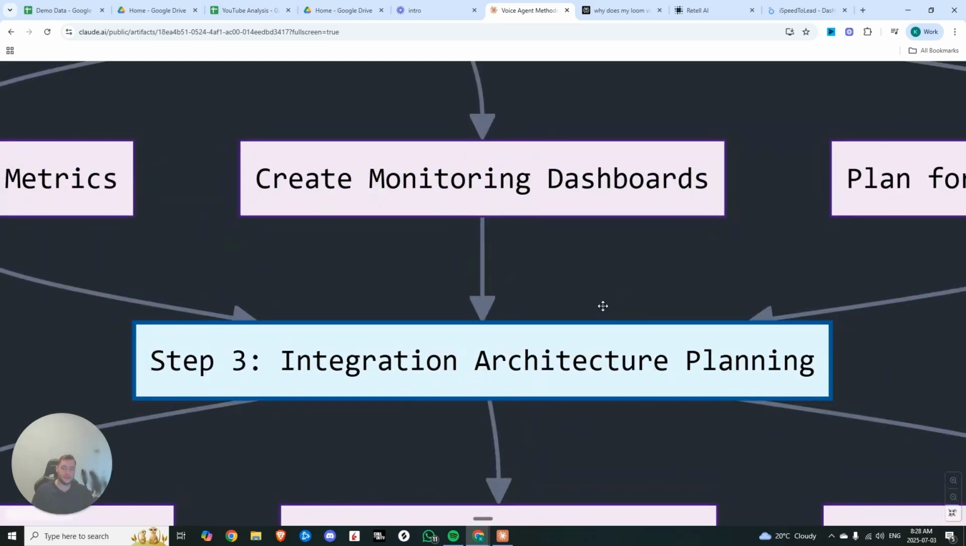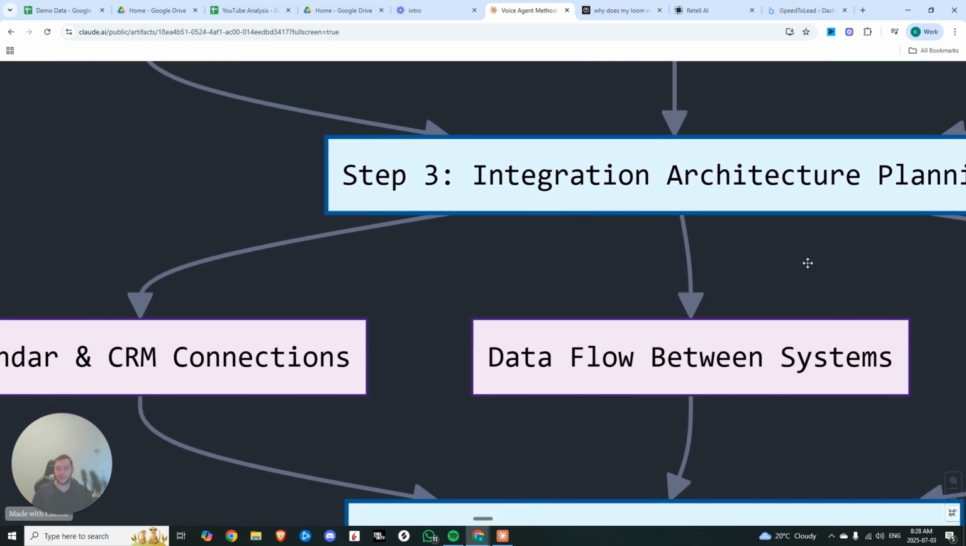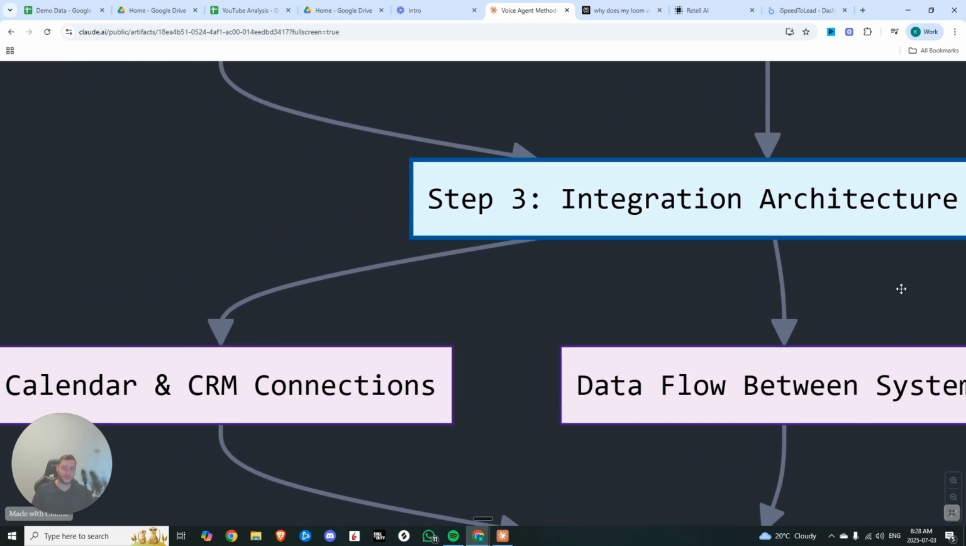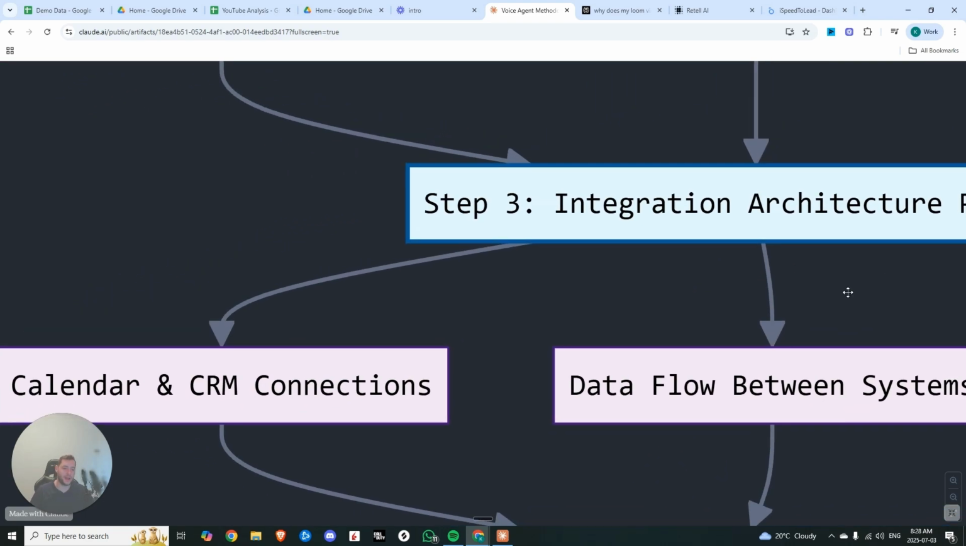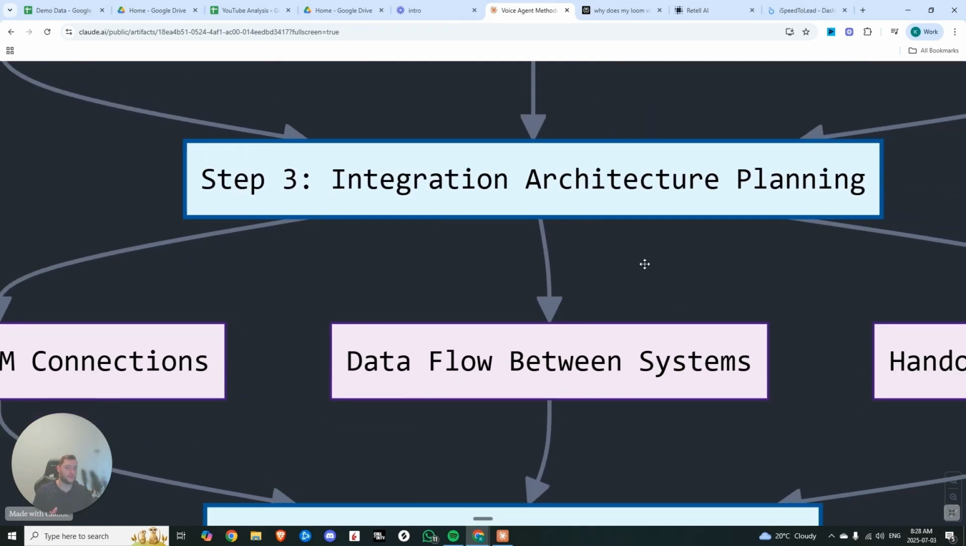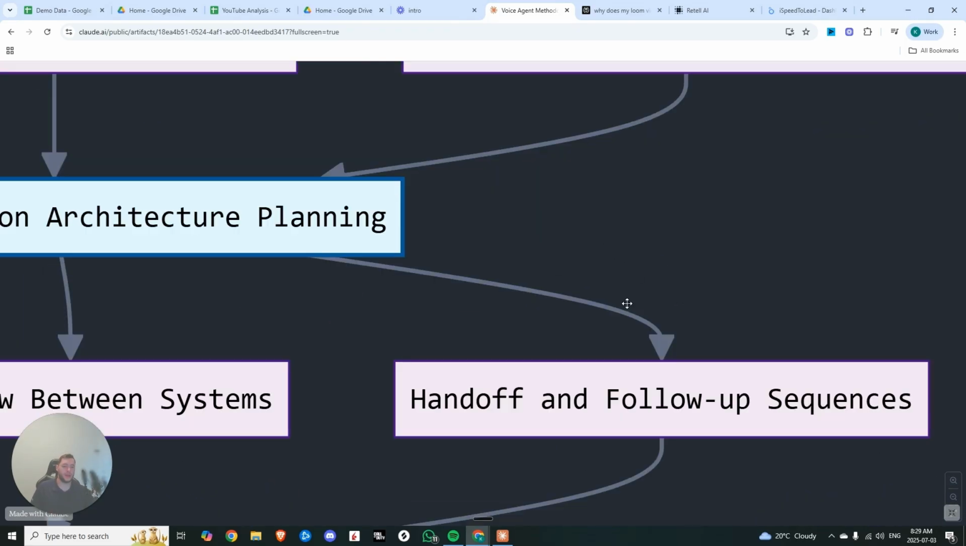Okay, the next key thing is the integration architecture planning, which is just a fancy word for saying, do they need any integrations? Are we doing calendar or CRM integrations? How is the data going to flow between these different systems? Is there going to be any handoff or follow-up sequences required? Are we doing call transfer for outbound lead